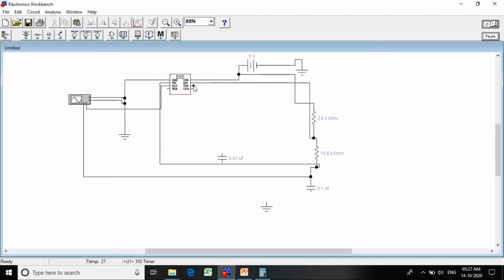Then your threshold point will be connected. Then your capacitor and the ground will be grounded at one point.